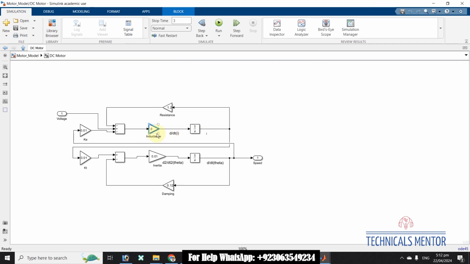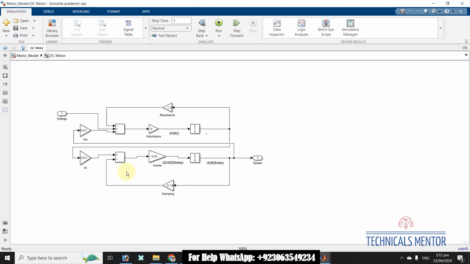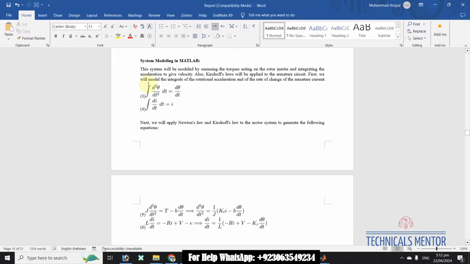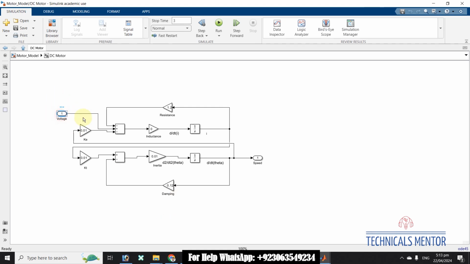We edit according to our requirement. This is the integrator block, just like you can get by searching integrator. You will get this, and then you will implement these equations as this. You can see input